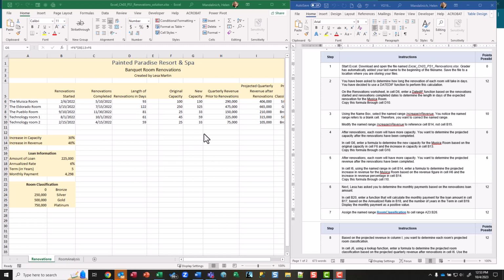So on the left, I have the renovations worksheet, and on the right, I have the instructions. So you were asking about step 4 and 5. So in this one, what we're going to do here is, here's the original capacity. Here's the increase in capacity. So all we need to do, if we just multiply these, so the original capacity times the increase, what we're